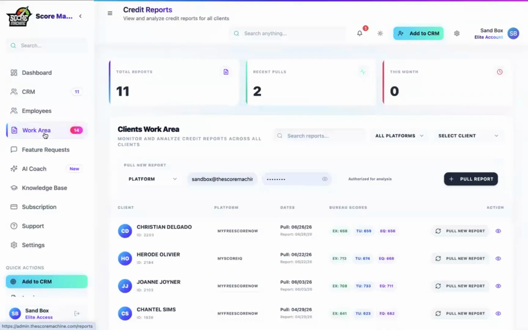All right. Work area. This is where we do most of the work when it comes to utilizing the software. So we will come back to this tab here. Feature requests. Now, say for instance,